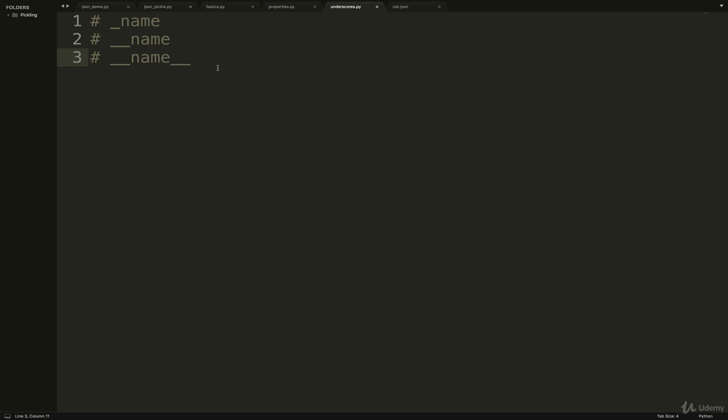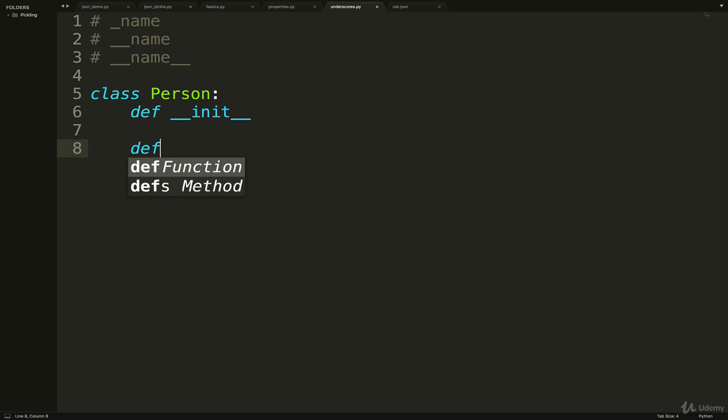Or what's the significance? So really quickly, let's start with this first one. Let's say we have a class. I'm going to define a class for all of these that we use, just called person. And inside of person, we have our init, which is one of those dunder methods. So maybe that's a good place to start. These dunder methods, we could define our own. I could define a method called hello. There's nothing wrong with that technically in Python. But conventionally, this is a bad idea.